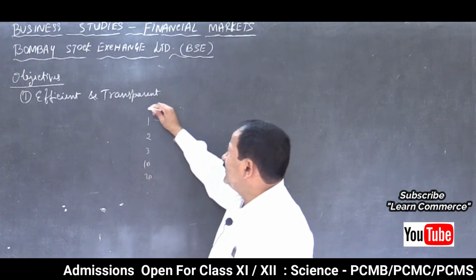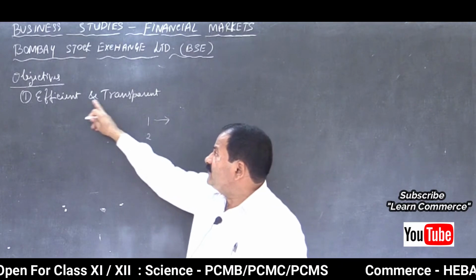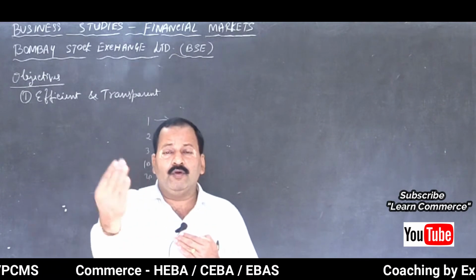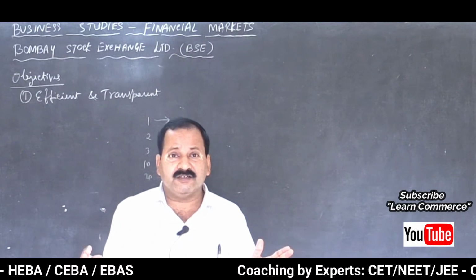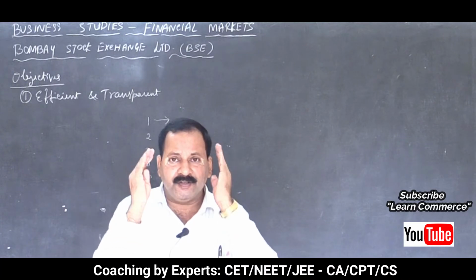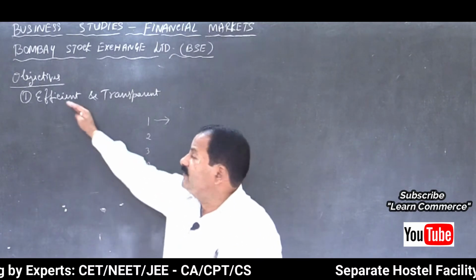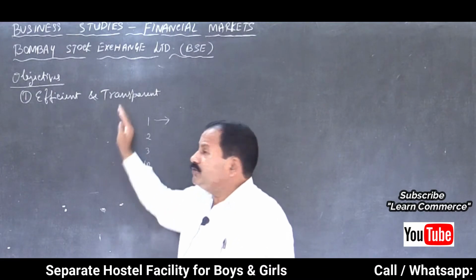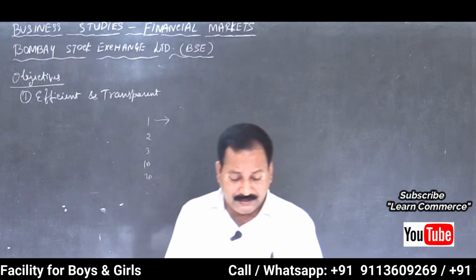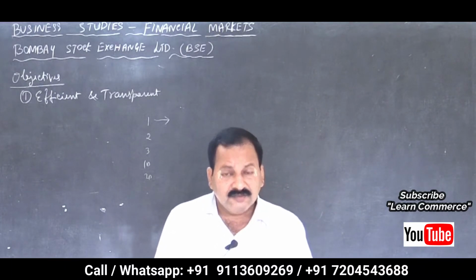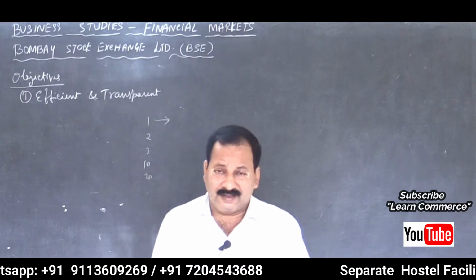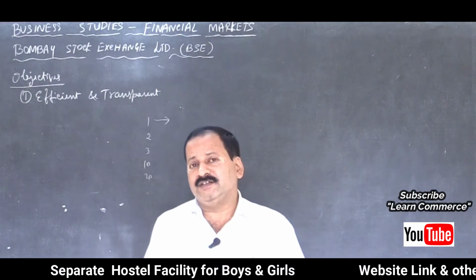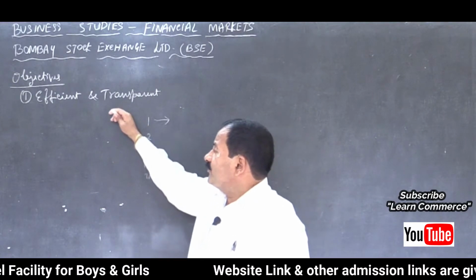So mutual funds, all these are dealt with here. Efficient and transparent. Efficient means reducing the cost, giving more output, isn't it? Good service to the investor, giving information and education to the investor. All this comes under the efficiency of the stock exchange, to maintain efficiency and to have transparent dealing of securities. Dealing means trading of securities like mutual funds, derivatives or shares, equities. That is the main objective of the stock exchange.